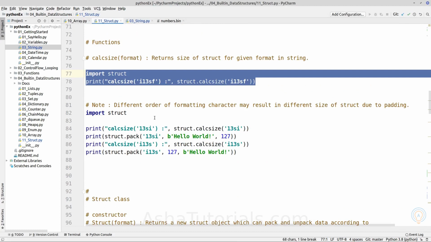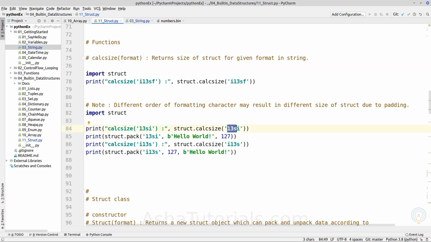Here one thing to consider is that a different order of format characters may result in a different size of structure due to padding. Here we can see we have two elements. First is a 13-byte string and an integer, and in the other, first the integer and after that the 13-byte string.